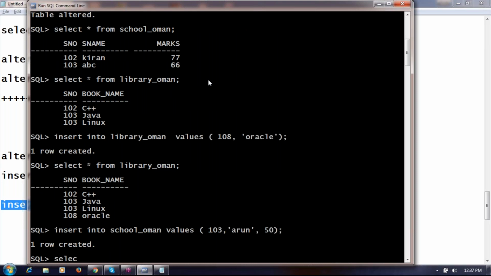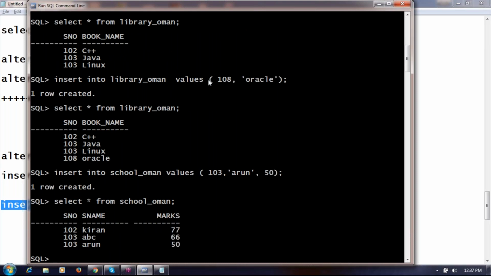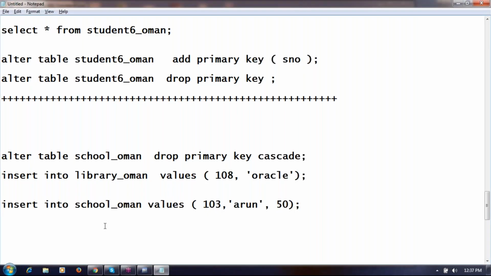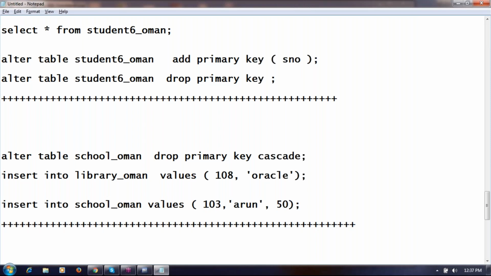The duplicate is inserted in the parent table. Got it? So this is proof that the primary key has been removed and the corresponding foreign key has also been removed from the child table. Is this clear?